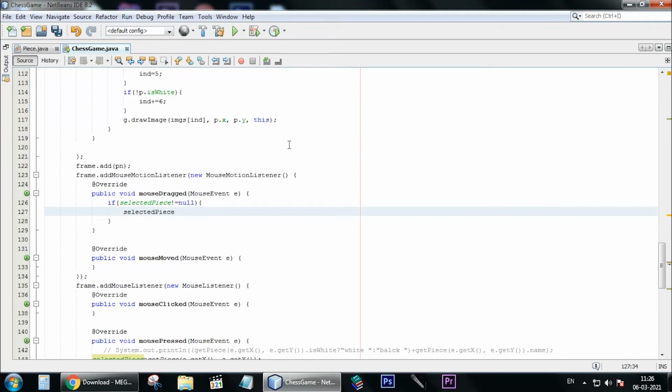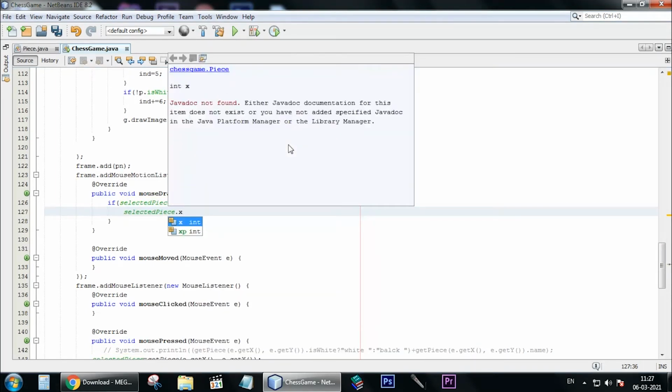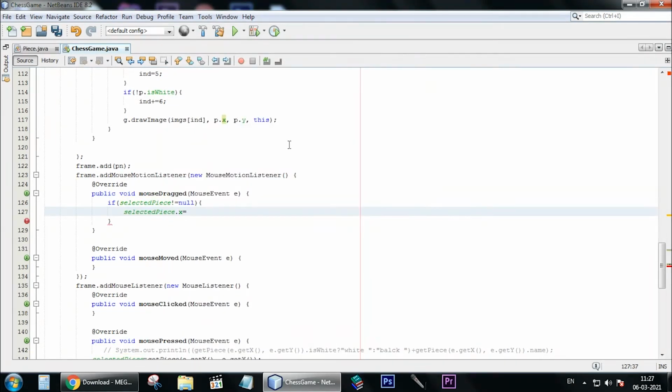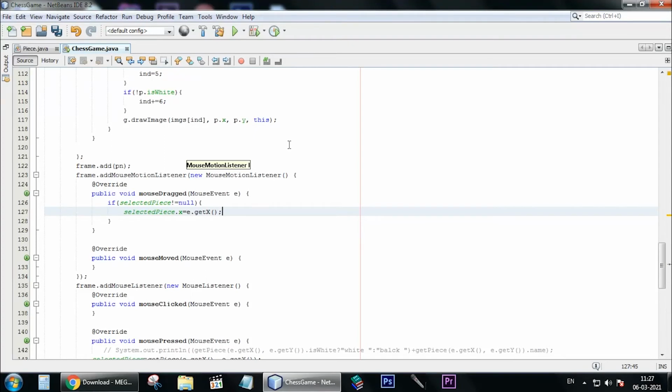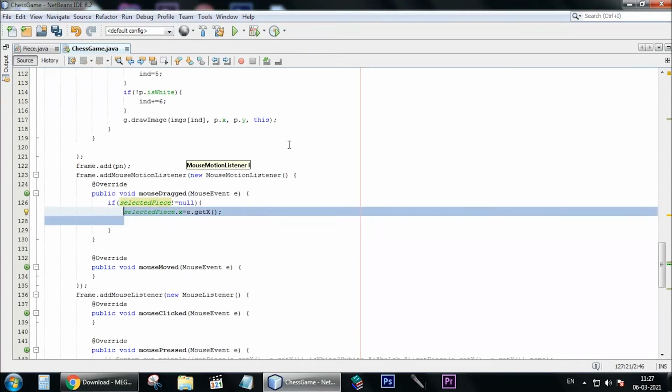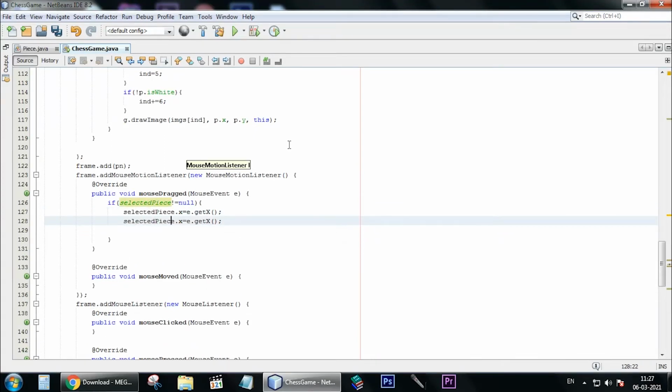Selected piece.x equals, yes, the X, not X position, because the X is the X that we draw it without multiplying it. So X equals E dot get X, and the same with the Y. I'm gonna just copy and paste it. Y equals